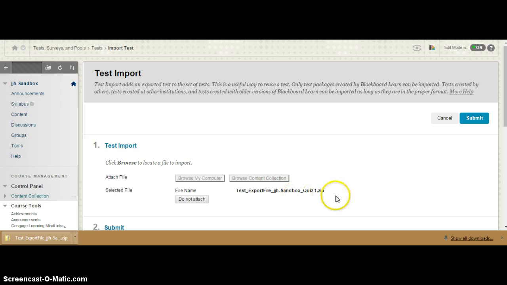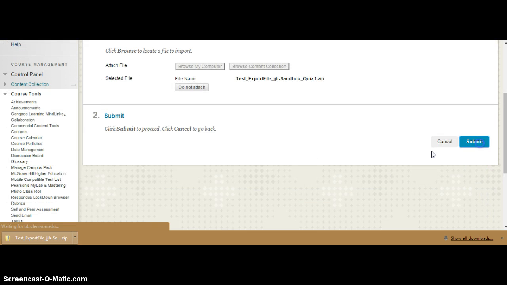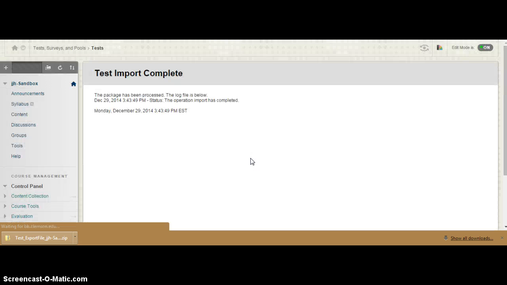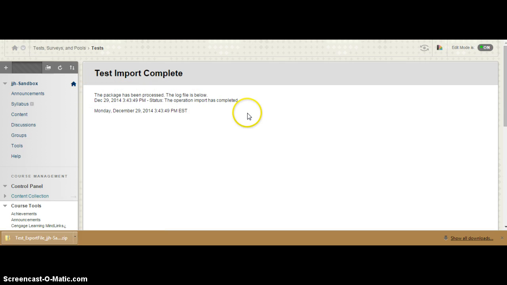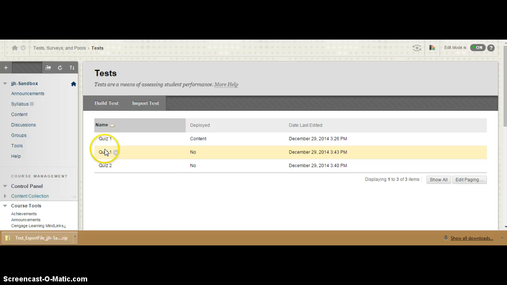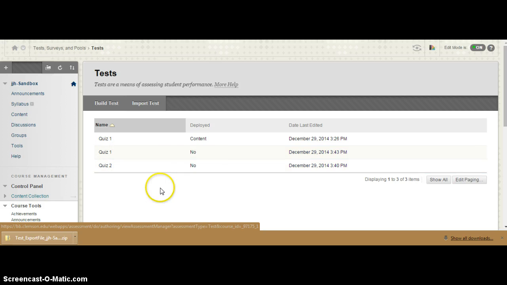You can see that the file is now attached. Click Submit, and it will take a couple of moments, and then you will see the message that the file has been processed and the import is complete. Click OK, and you'll see there's our copy, and it has the same exact name as the test that we